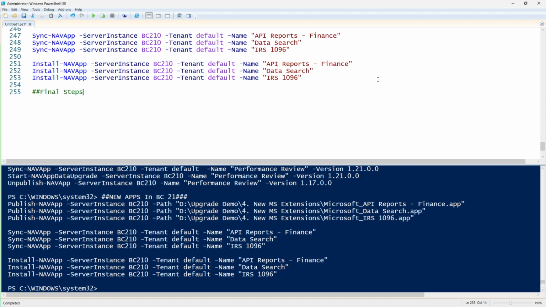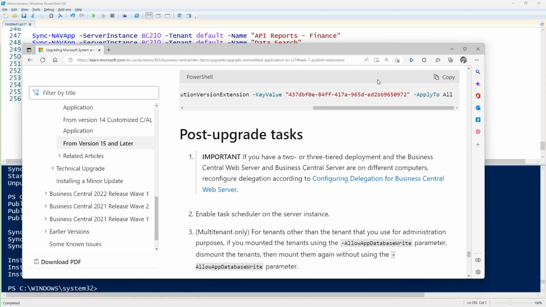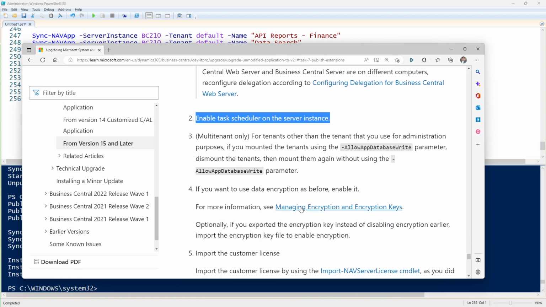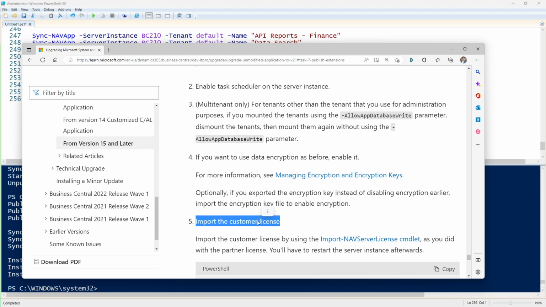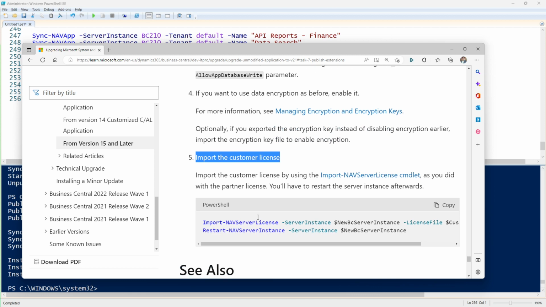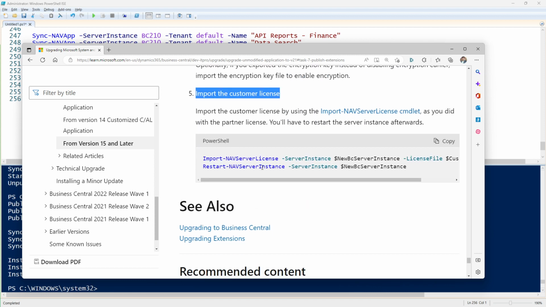Final steps. What are my final steps? Let's go back to the article and see what Microsoft suggests. It says enable the task scheduler, import the customer license, if you have data encryption, enable it, and restart the service. Those are the three commands in summary. So let's place them here